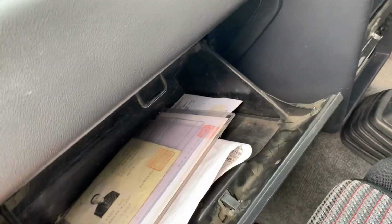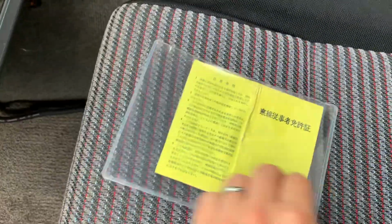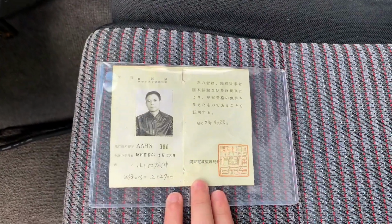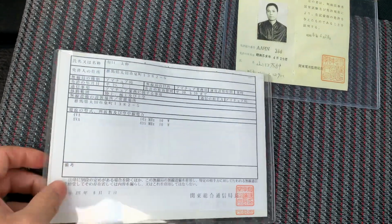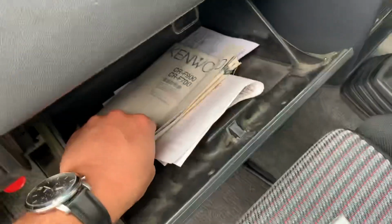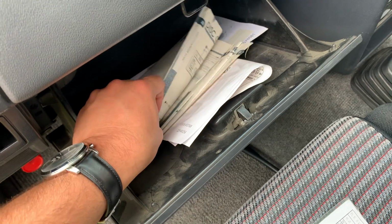A little bit of the documentation that came with this thing. There's who I believe is the previous owner. That was his little radio tower booklet, his certification, or some kind of radio work in the country. Maybe that's why he had this four-wheel drive to get to everything. I don't really know what that is. I haven't translated it yet. Yeah, not too much else. Little radio booklet,